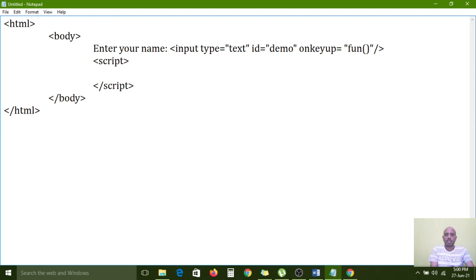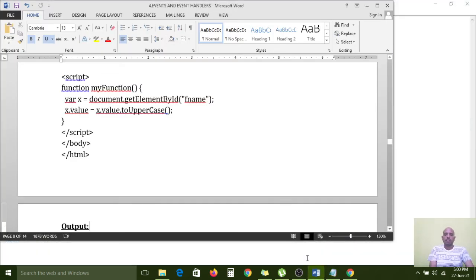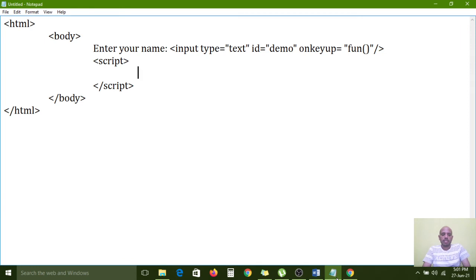After that, what is the code we have? A variable, document.getElementById. The element ID is what? Demo.